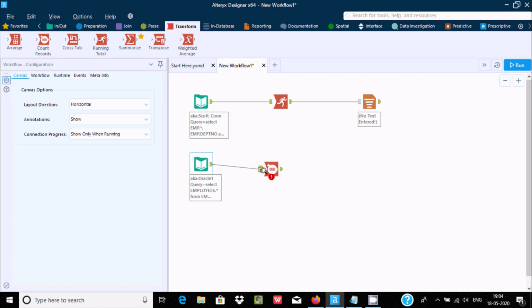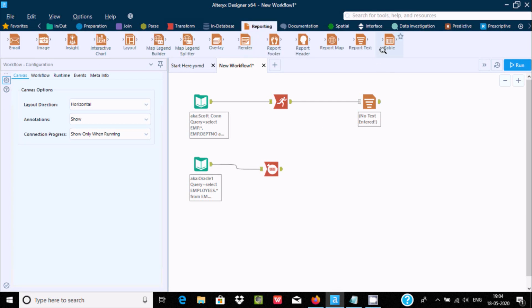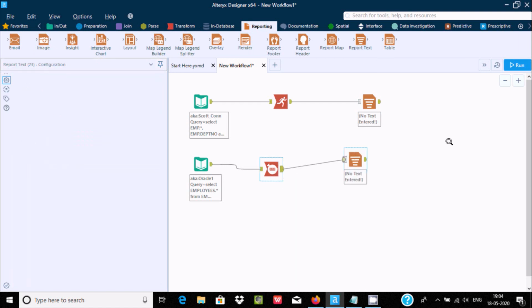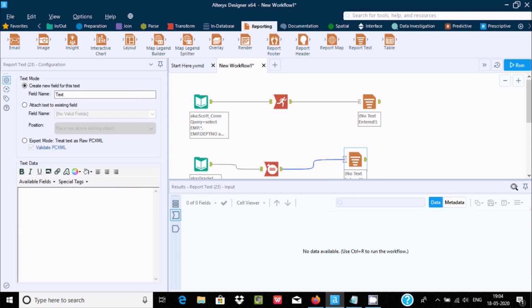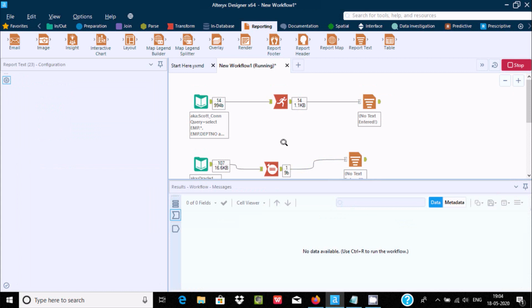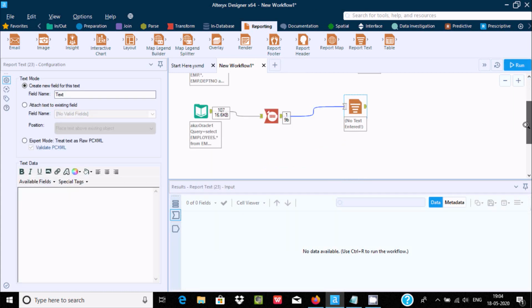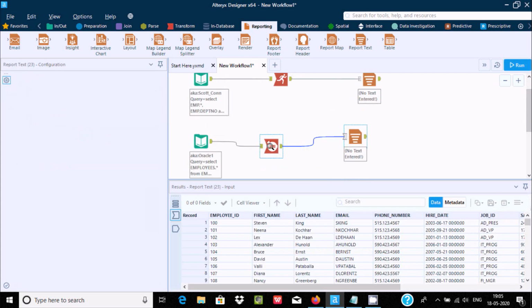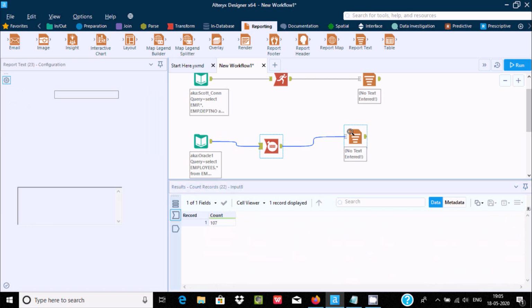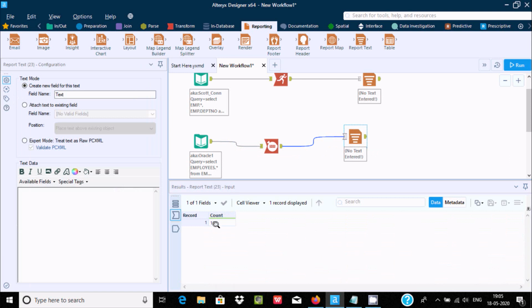Now let's drag the link. Let's go to the Report tool, and here Report Text. Drag the link, and when you run this workflow, here it's running, and this is the incoming records on the Count Records tool, and after that it's counting a total of 107 rows.